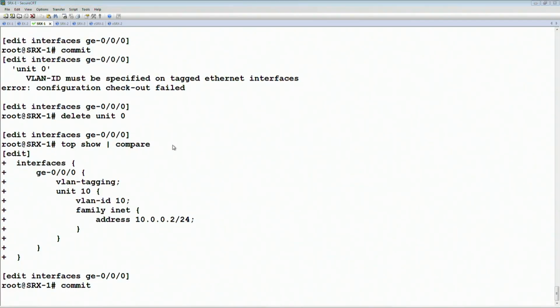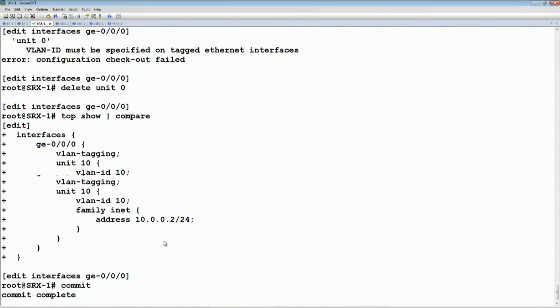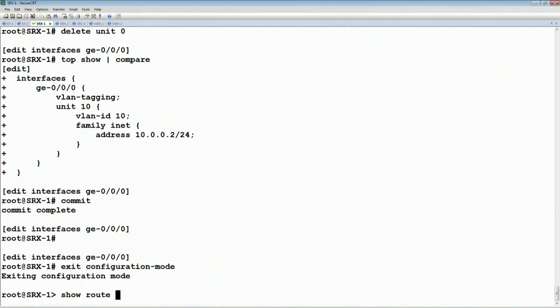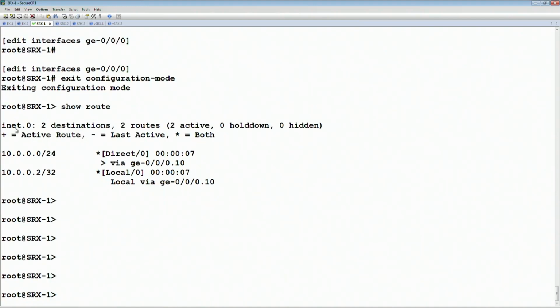Now, we haven't yet set up the layer 2 switches, so we're not actually going to be able to get connectivity end-to-end between these devices. But once we configure trunking all the way between the switches, then we should be able to ping between CSR1 and SRX1. Okay, from operational mode now, let's say exit config. And if we look at the show route, we should see that this is a directly connected interface. Okay, we need to make sure that this is an active route, so it should have the star here